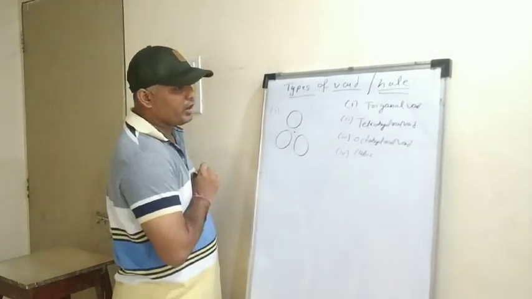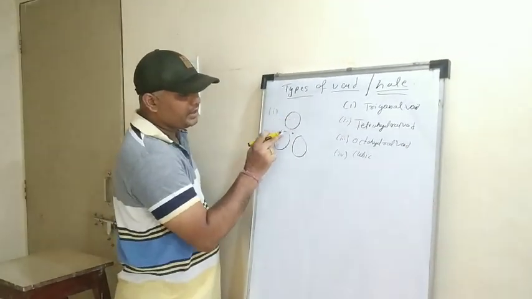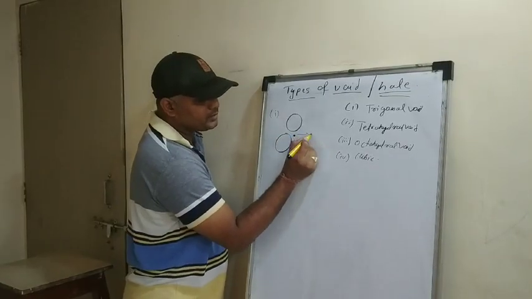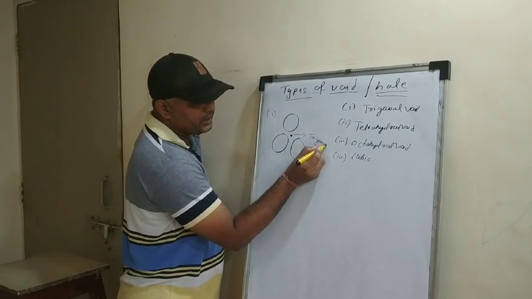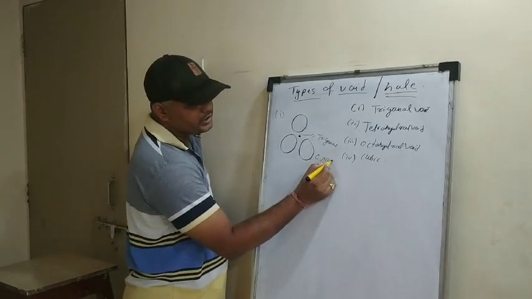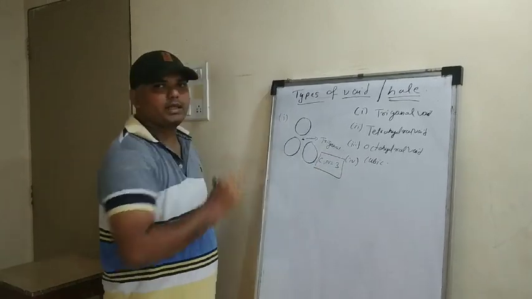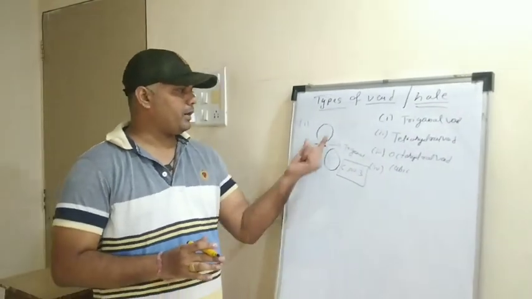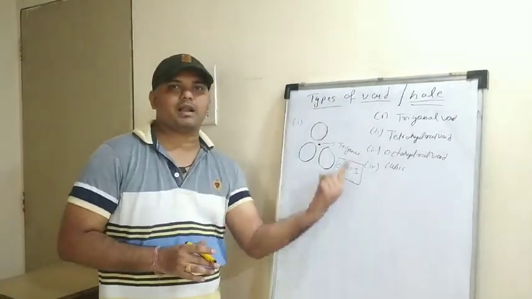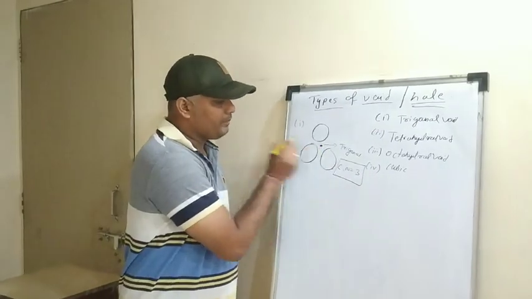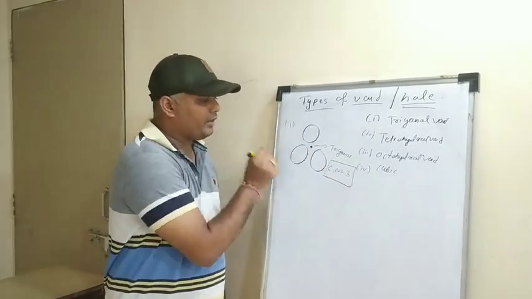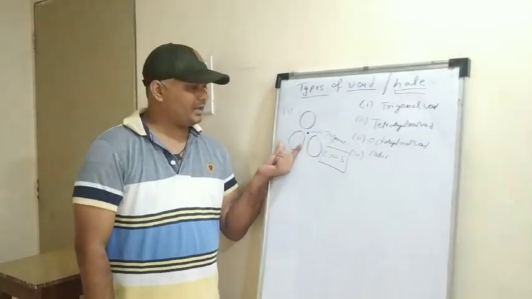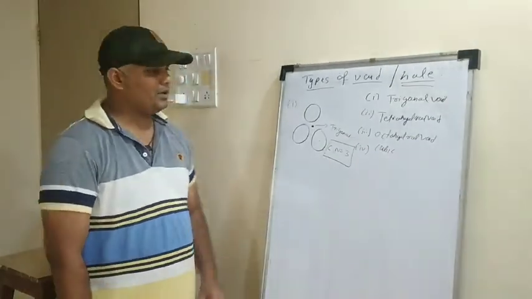So this is our first void. In this case there are three constituent particles, 1, 2, 3, and the void is formed in between. So this becomes the trigonal void. In the case of trigonal void, the coordination number is equal to 3. In yesterday's period I told you what the coordination number is: it is the number of nearest neighbor atoms which surround it. In this trigonal void, we can see 1, 2 and 3 constituent particles, or 3 spheres. That is why the coordination number will be equal to 3.